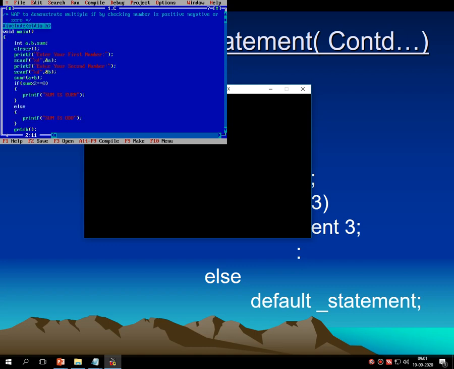Then the comments get over. What I have written: write a program to demonstrate multiple if else by checking the number is positive, negative or 0. Perfect. So just read the definition once again.